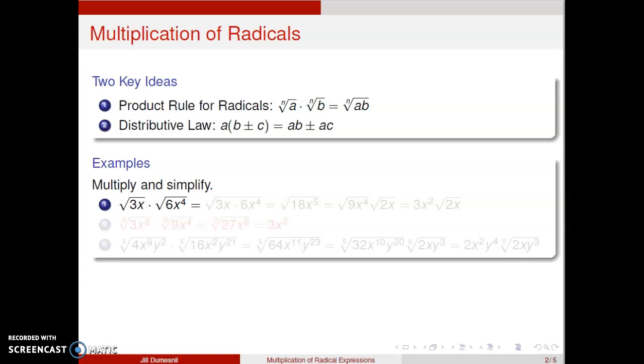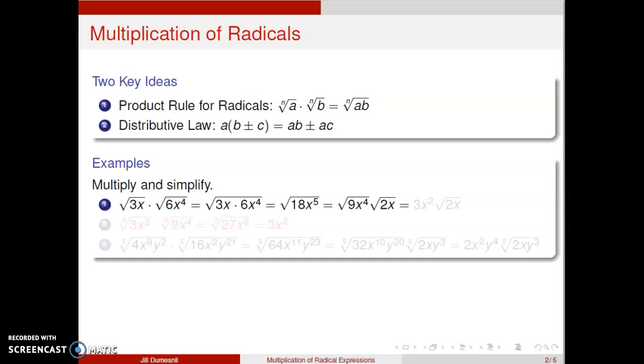First, consider the square root of 3x times the square root of 6x to the fourth. Using the product rule for radicals, this equals the square root of the product of 3x and 6x to the fourth. We multiply in the radicand to get the square root of 18x to the fifth. Then using the first principle again in reverse to simplify by factoring out perfect squares from the radical, we get